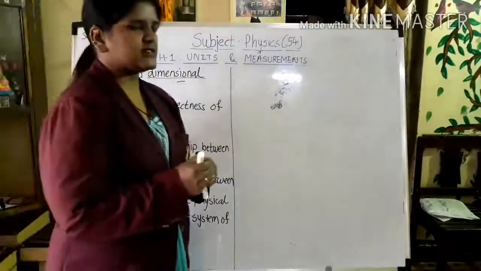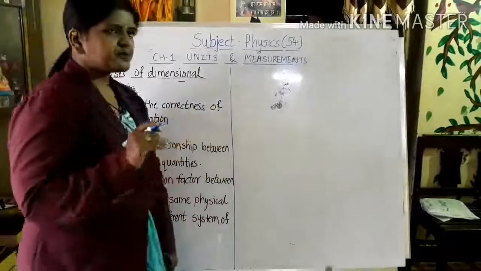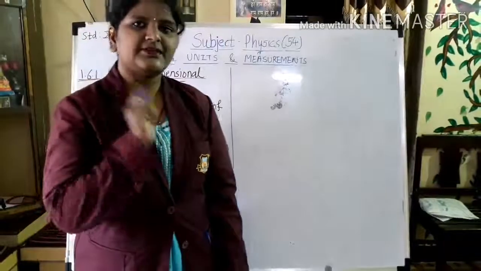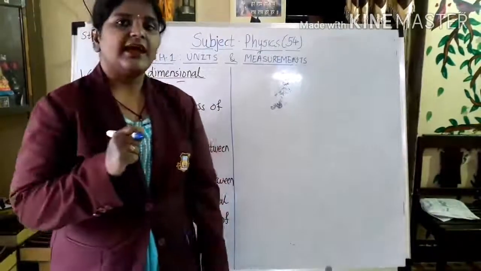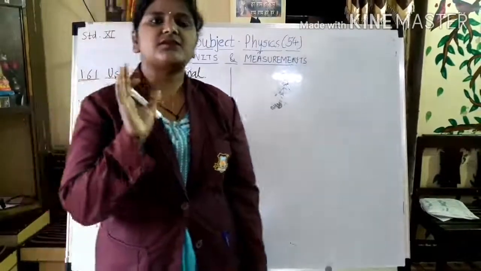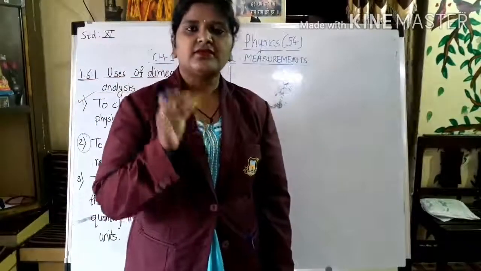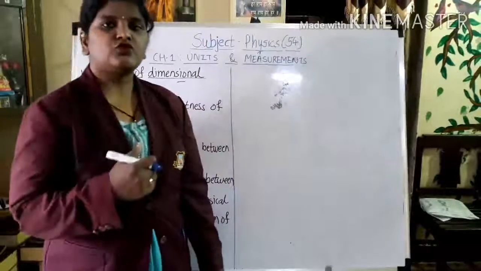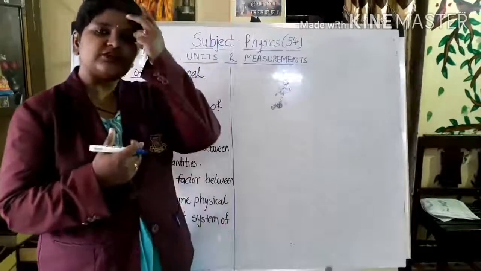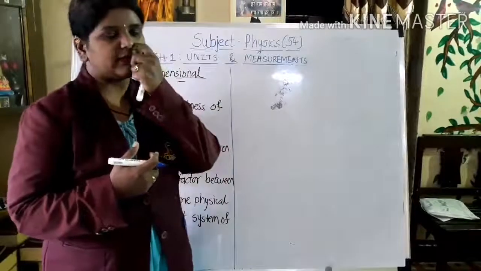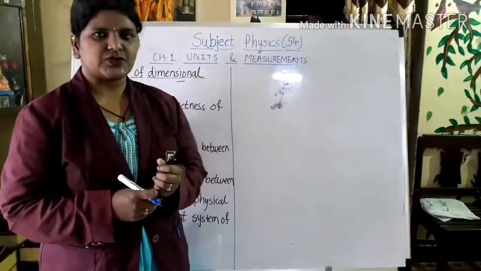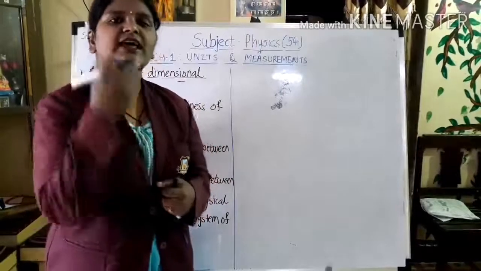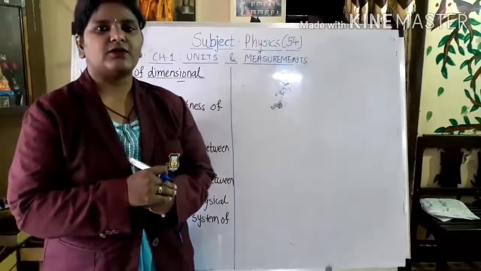Let's see by taking one example. Suppose I am saying a pendulum is there, a pendulum whose periodic time is capital T. It is having length L and acceleration due to gravity is small g. If I am saying that periodic time is related to length and also it is related to acceleration due to gravity, that means they are depending on each other. So how to establish relationship between them, or how to derive the equation of a pendulum?